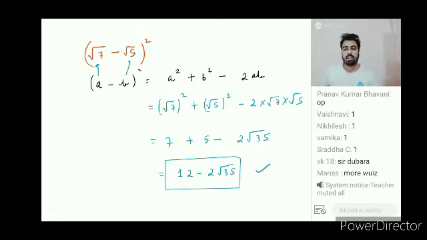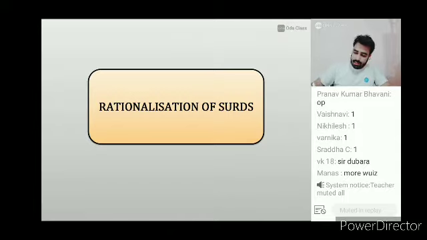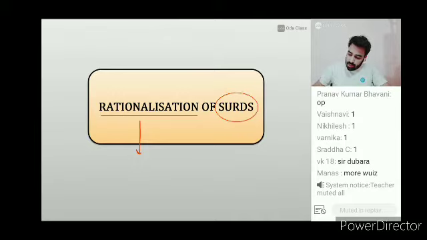In the last class, I've seen that a lot of you left the class because you were not able to understand something. That's not a good habit, because if you have left the previous class, now in coming classes you will struggle. Okay, now let's start. The first thing is rationalization of surds. From the name, it's very obvious that rationalization means you are converting something into a rational number, and which type of number? Surds. So conversion of surds into rational number form by multiplying with a certain number is known as rationalization.